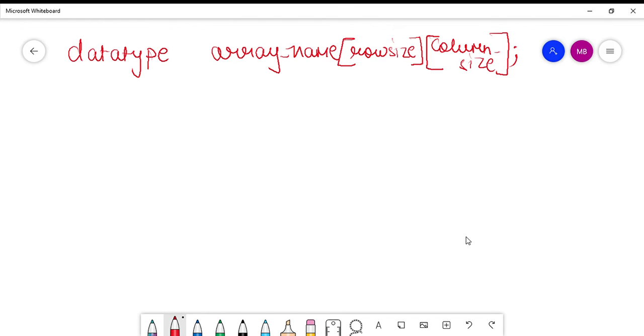Right, so this is how you declare a two-dimensional array in C. Just like in one-dimensional arrays, the indexing always starts with 0. So considering the same table, I had 3 columns here. The values in these columns were like this.